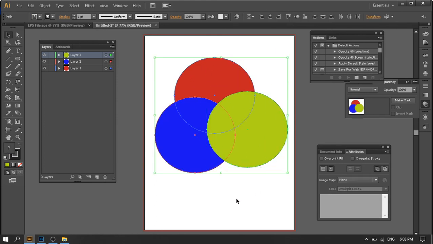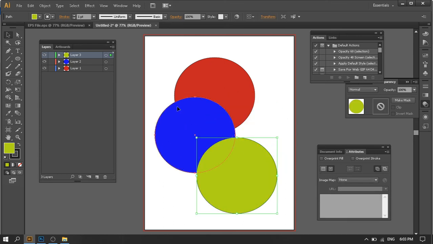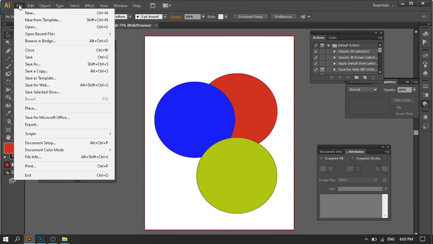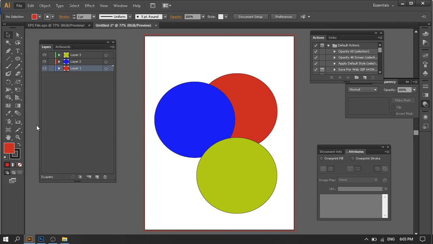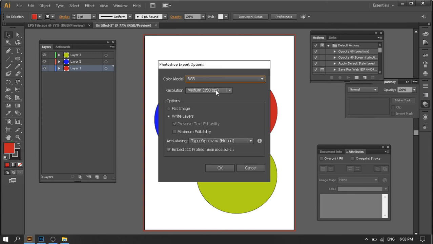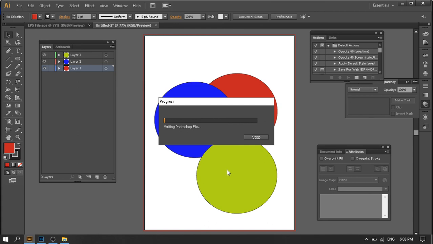Once I export into PSD, I need all the objects in different layers. So go to the File menu, go to Export, and here I'll give some name. PSD is there. Select Photoshop PSD over there, then RGB, and Write Layers. Okay, and then press OK.